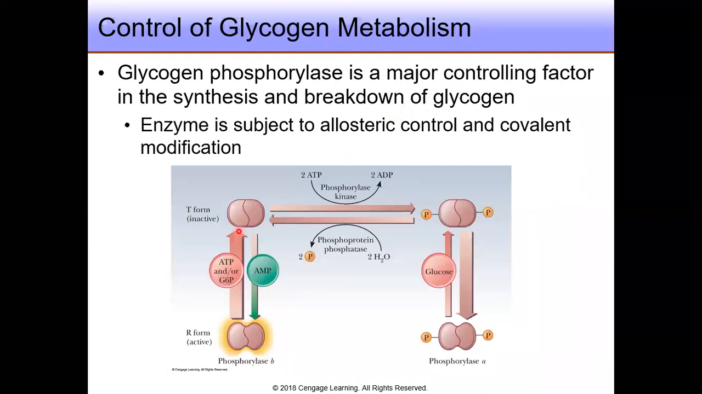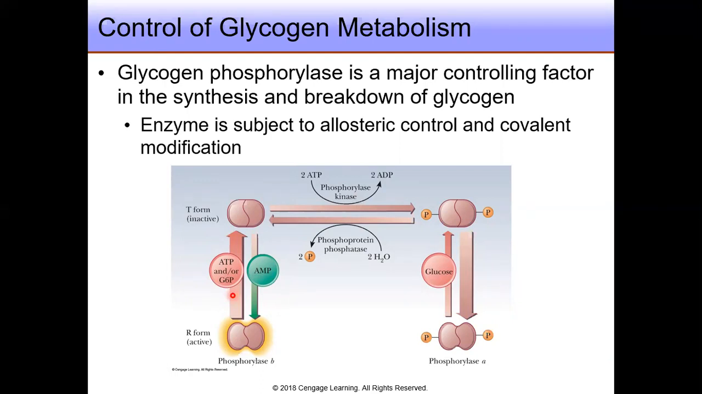to the T form. So, to summarize, we have two controls. We have the covalent modification, which is the phosphorylation, and then we have the non-covalent or allosteric control, the effect of glucose, AMP, ATP, and/or glucose 6-phosphate. Not only this, in addition to that, hormonal control also enters into this picture. Hormones, when epinephrine is released